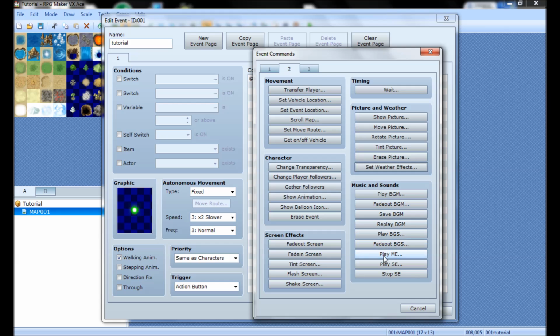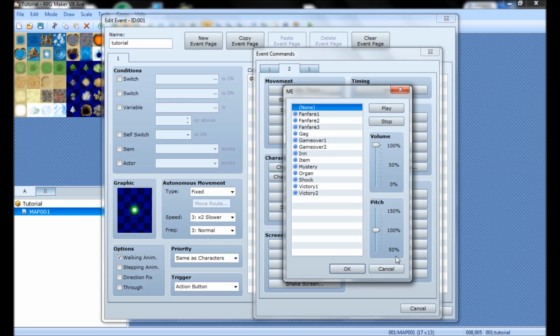Music effects, that's pretty self-explanatory. That's really all this is, just sound effects and music. Play ME, that's called a music effect, and I'll demonstrate it here. The music effects are, for instance, the fanfare that plays at the end of the victory, or when you win a battle. If you lose a battle, you've got the game over. You've got an end song,